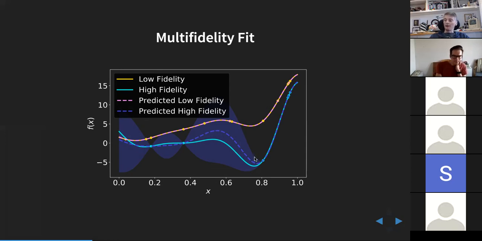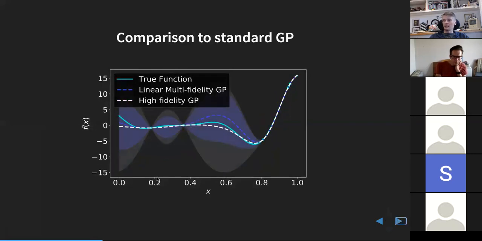So whatever rho value is probably slightly wrong here. And what we're seeing is that it's slightly overestimating the mean of where the high fidelity part is, right? But you can see you can share information now across the two functions, just by fitting that covariance. And if we look at what a standard model would have done, you can see